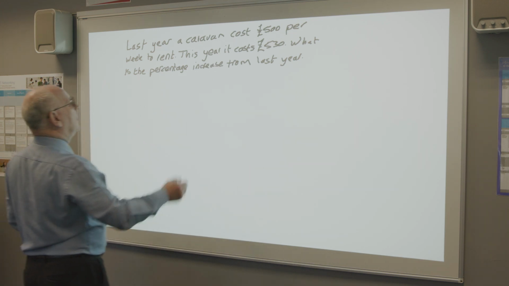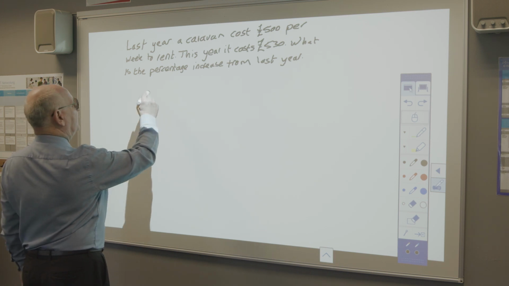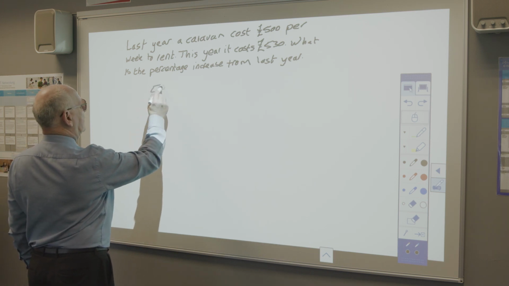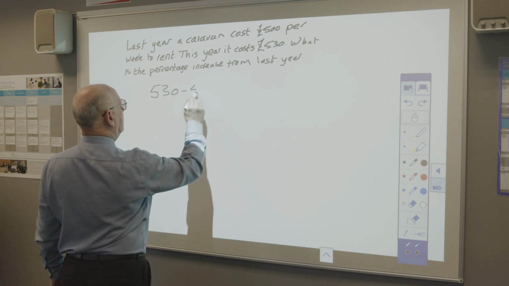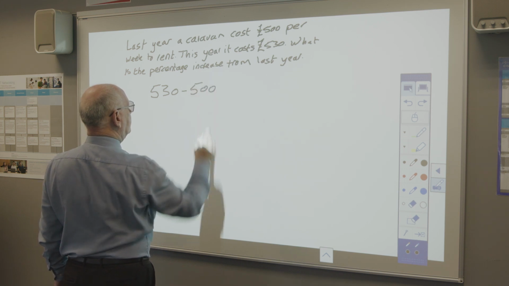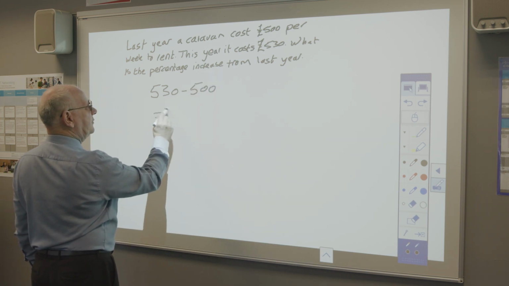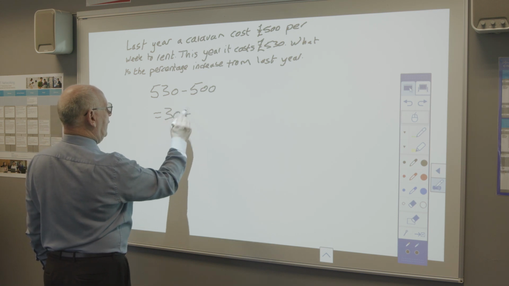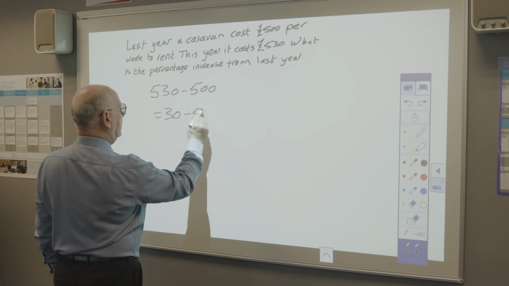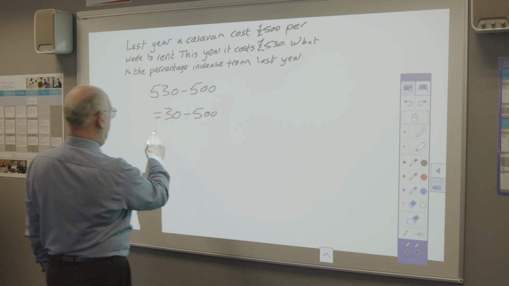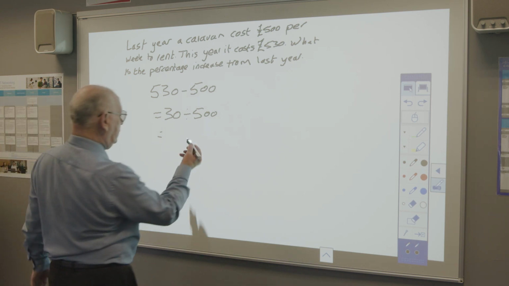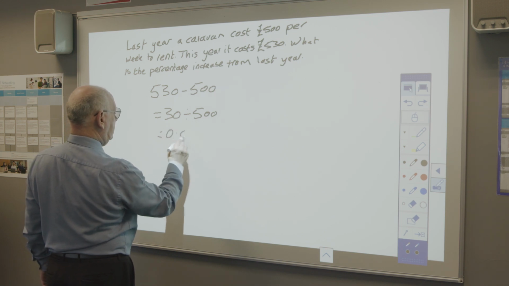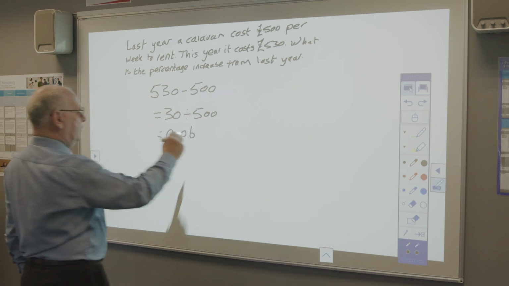Okay, so we take the new price, 530. We take away the old price, which is 500. That'll give us 30, which we then divide by the old price, which is 500. And then we just have a look. 30 divided by 500, 0.06. And we times that by 100,